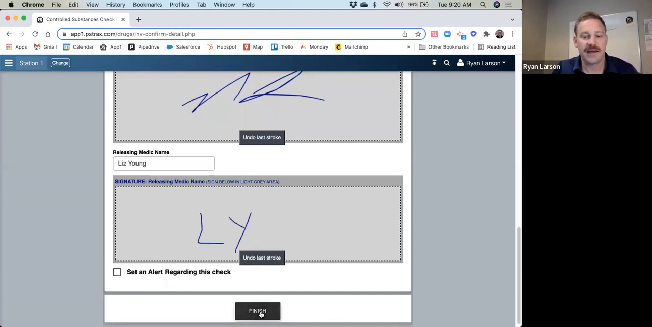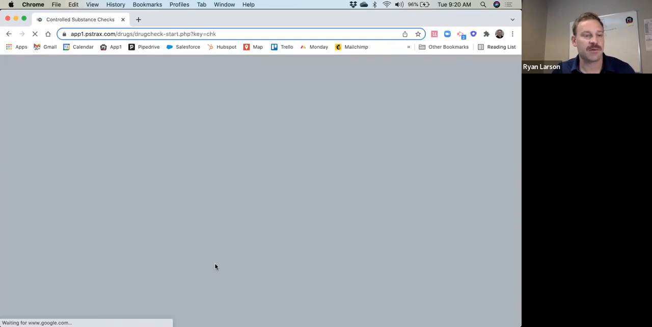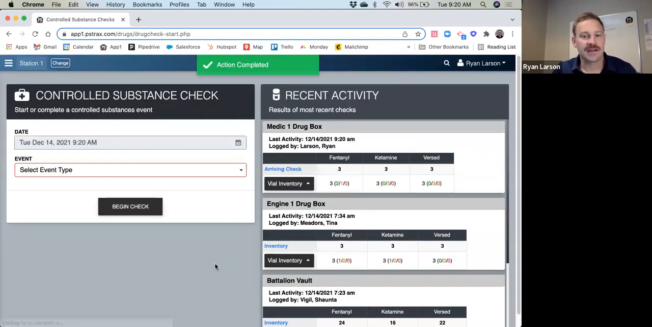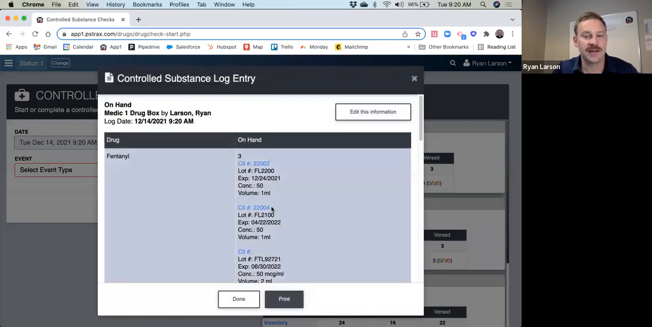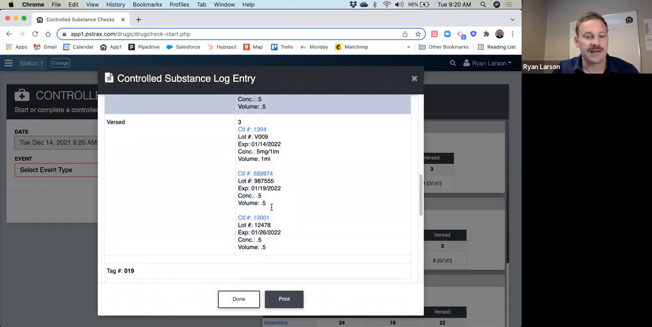And once we've done that and logged it, it's going to complete that event, and it's going to be documented in the system. So we're always going to have a record of that. Over here on the right-hand side is any recent activity that we've done. And what's nice is we can see our Medic 1 drug box, and here is that event that I just completed. So I can click it if I just want to see, at a quick glimpse, the details